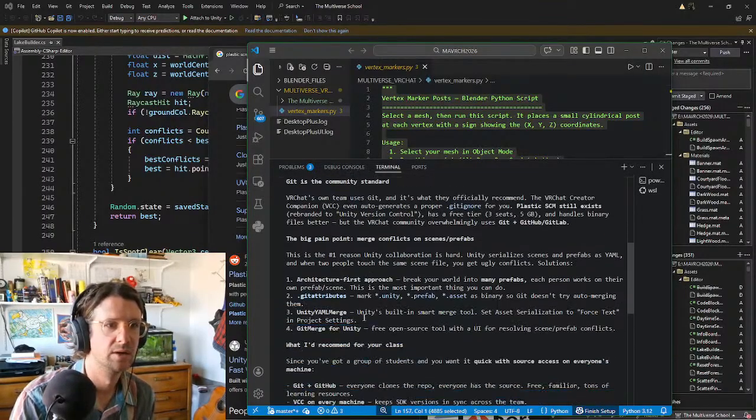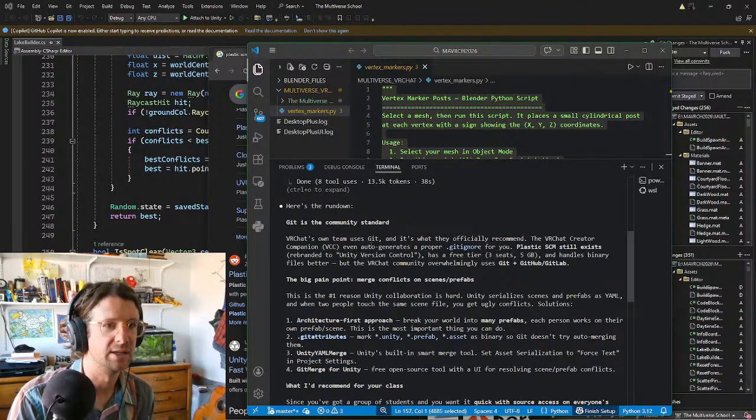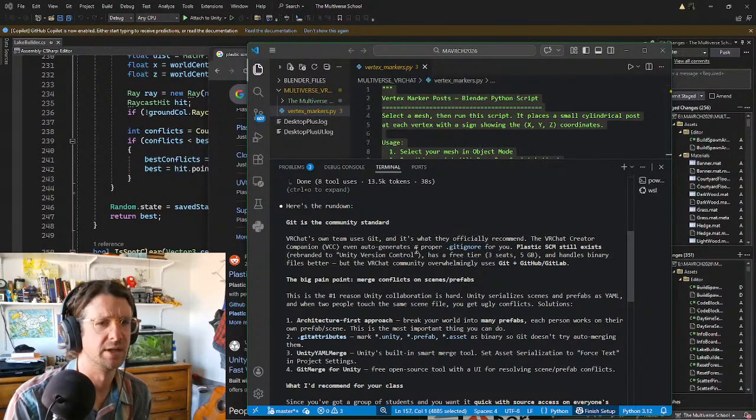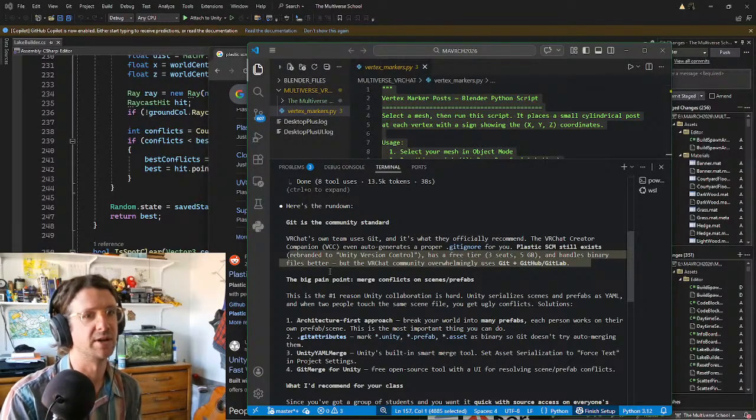All right. So Git is the community standard. VRChat's own team uses Git. Okay, obviously, but it's what they officially recommend. The VRChat creator even auto generates a proper Git ignore for you. Cool. So does Git. Plastic SCM still exists. Has a free tier for 3 seats. Handles binary files better, but the VRChat community overwhelmingly uses Git and